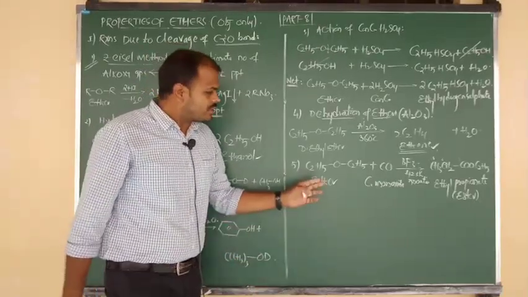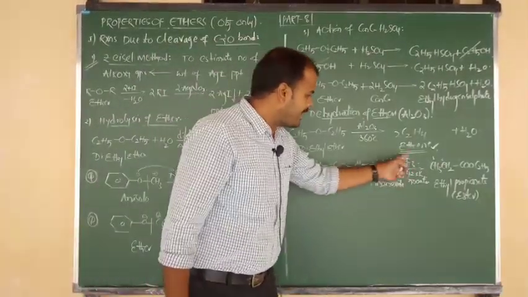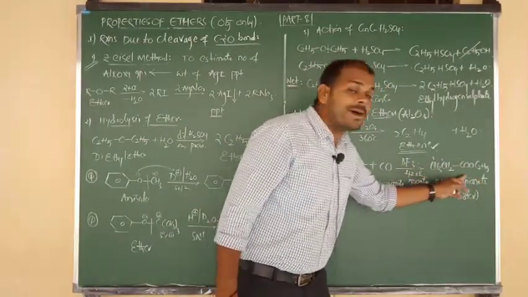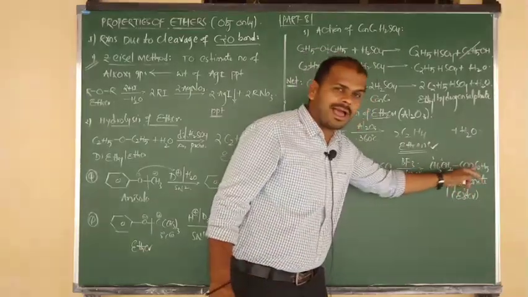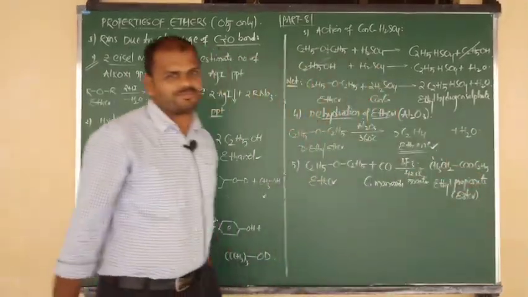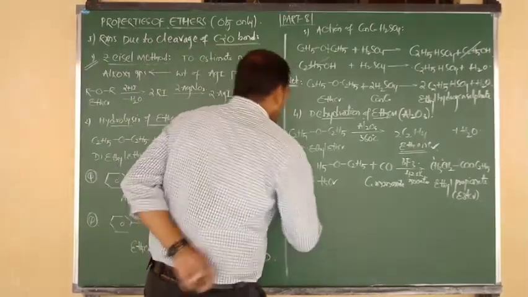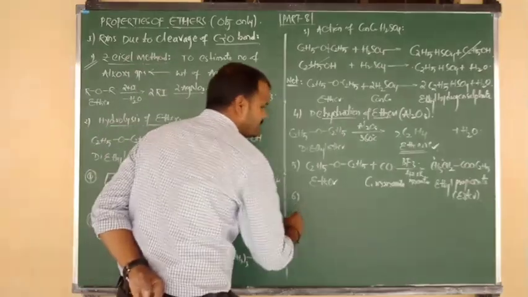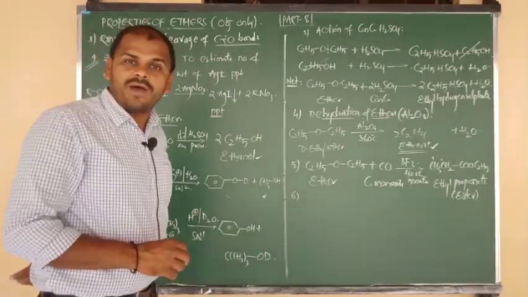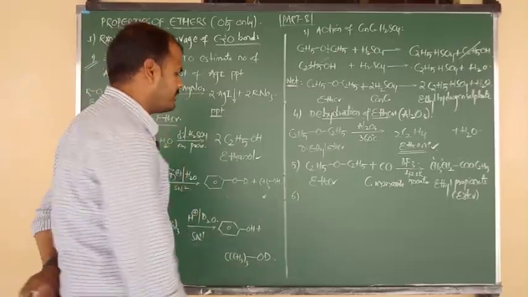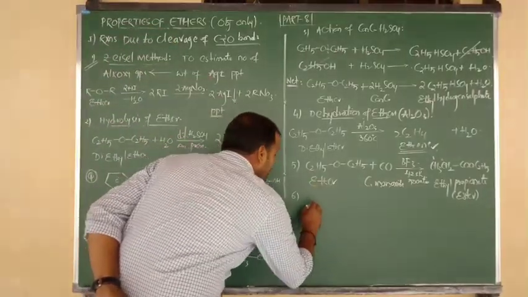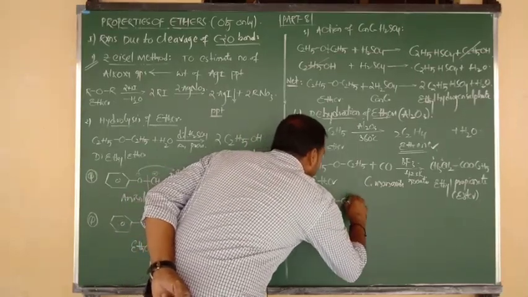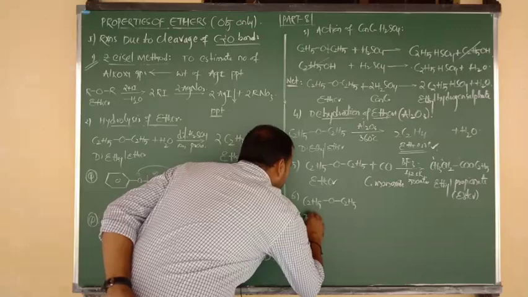So ethers upon addition with carbon monoxide in the presence of BF3 form the product ethyl propanoate, that is the IUPAC name. Ethyl propionate, this is the common name. Okay, now. Next in the cleavage, I am going to show you the sixth property, which is reaction with PCl5, phosphorus pentachloride. So directly I am going to show the reaction. Ether-based example, the same example I am going to consider, C2H5 O C2H5, diethyl ether.